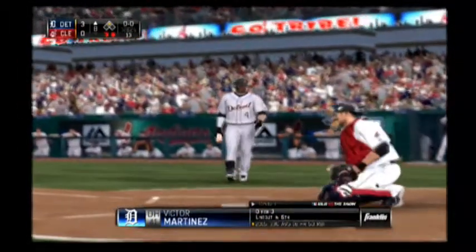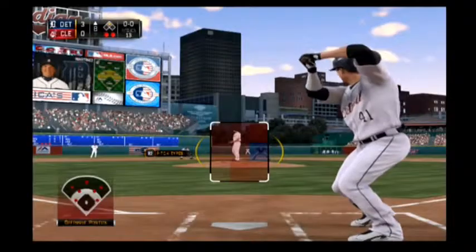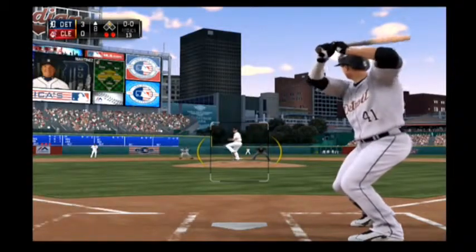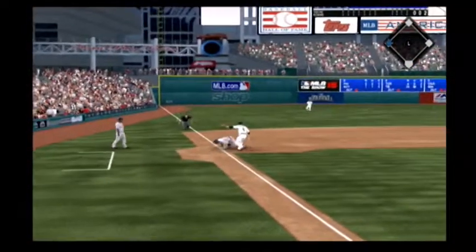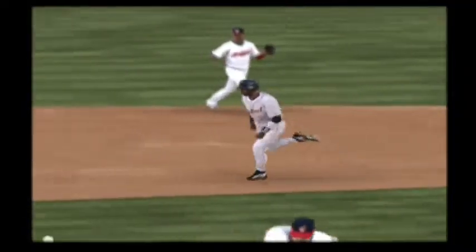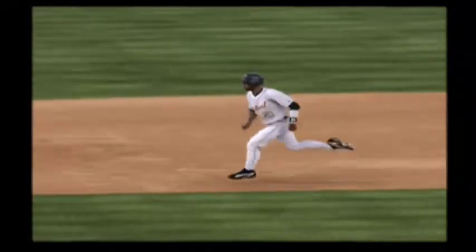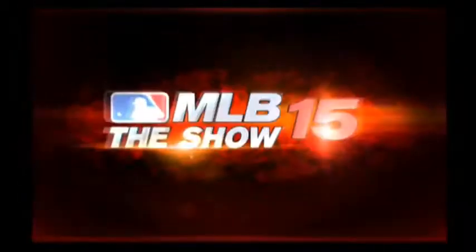Victor Martinez will step in now in a big spot here in a game as close as... But he could make up for all of that with a base hit right here. And now the runner's trying for third. Pitch is a called strike. The throw not in time as he just does get in there ahead of the throw. I don't know about this one. Not exactly an ideal situation to run. You've got a left-handed batter up there. You're not really gaining a whole lot with 2 outs anyway. But heck, if you think it...